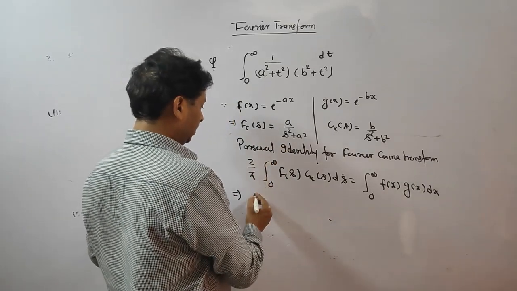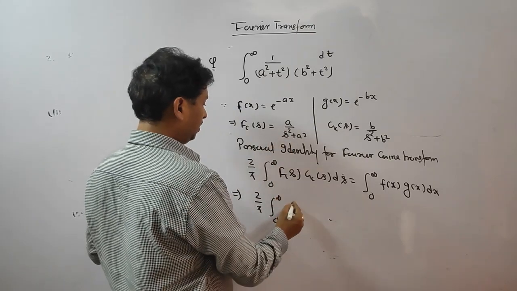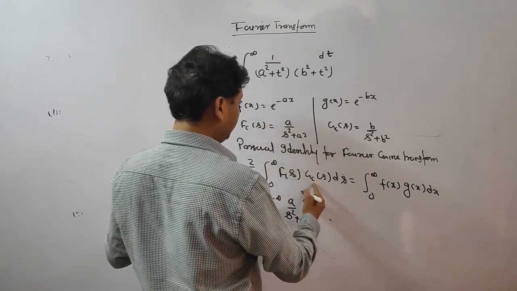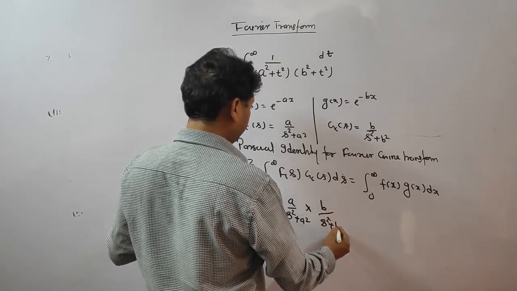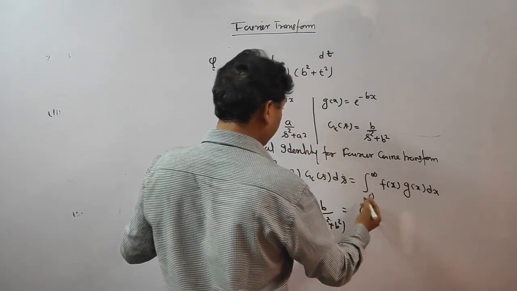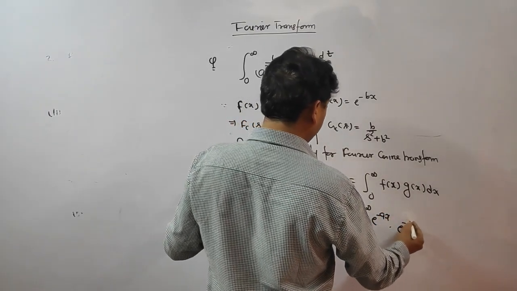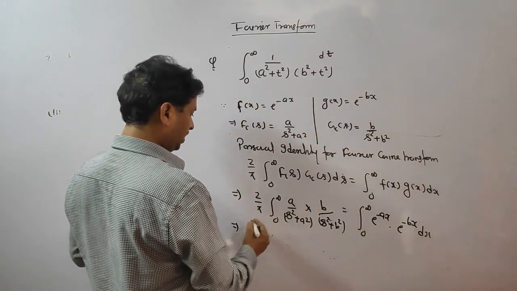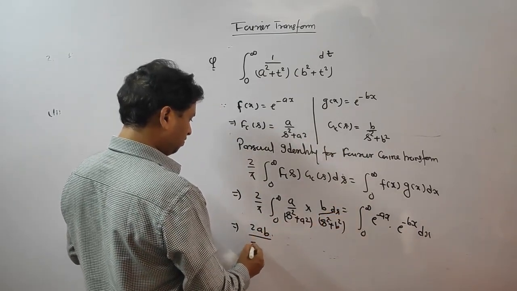What do we get? What is F(s)? F(s) is a upon s square plus a square. What is G(s)? G(s) is b upon s square plus b square. The integral from 0 to infinity of f(x) is e to the power minus ax, g(x) is e to the power minus bx dx. Just ab is constant on this side. So 2ab upon pi